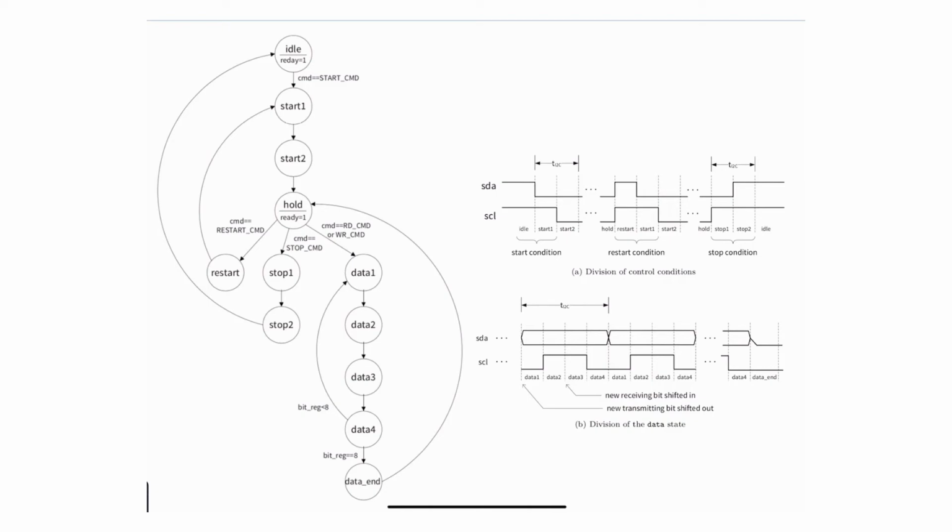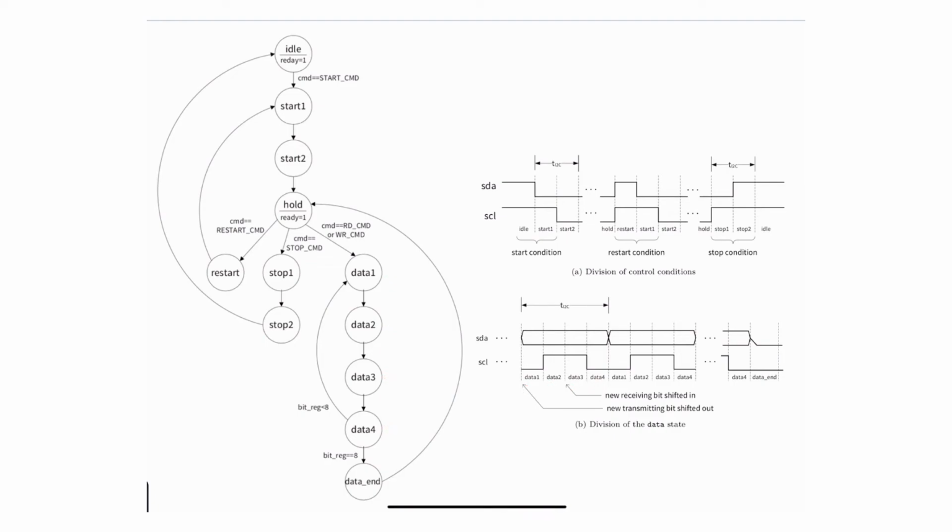So it's going to be basically, okay, I've started, the controller took control of the bus, and now you can actually do something. You can either stop, you can restart, or you can send data. But of course, after start, you shouldn't stop right away. I mean, why would you? So generally speaking, after the hold, you issue a command, whether it's a read or write, and you go through the 4 data states here, data 1, data 2, data 3, data 4,